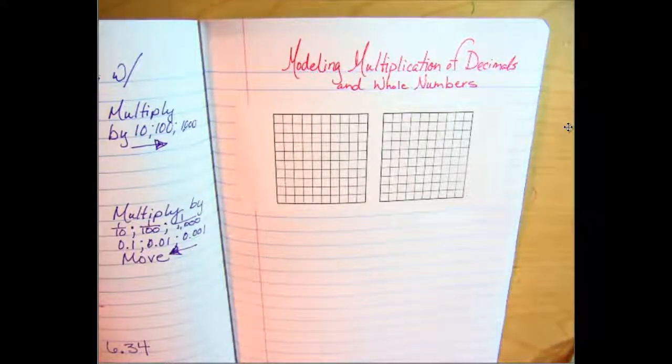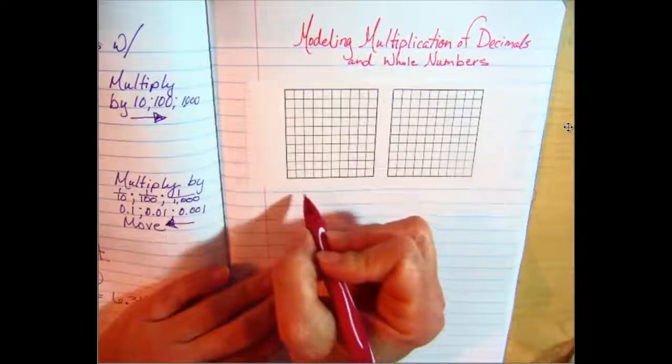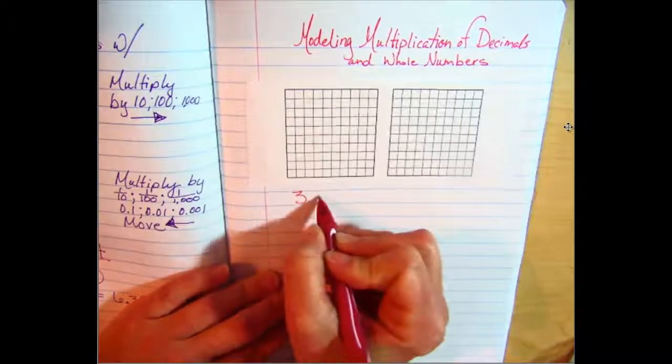Okay, so for modeling multiplication with decimals, it's going to look a lot like repeated addition. When we multiply 3 times 4, we can get your product of 12 by doing 4 plus 4 plus 4. It's the same with decimal numbers. But to show our modeling and show our work in this way, let's do 3 times